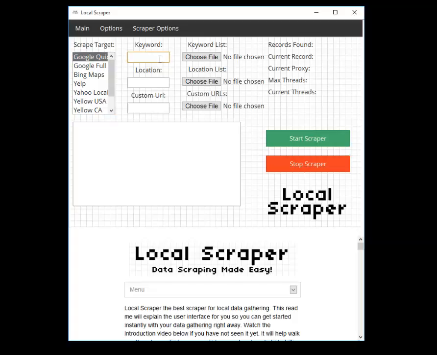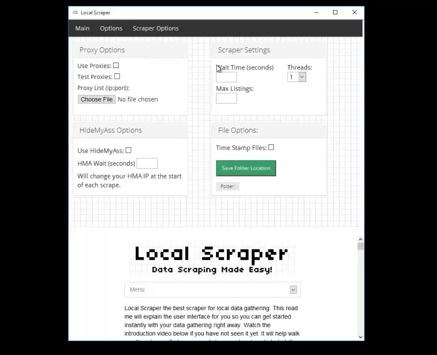We're going to enter our keyword. I'm going to use pizza. I'm going to use Key West, Florida. If I didn't want to set any other options, I could click Start Scrape Now. But for the sake of time, I'm going to go to Options and set our max listings